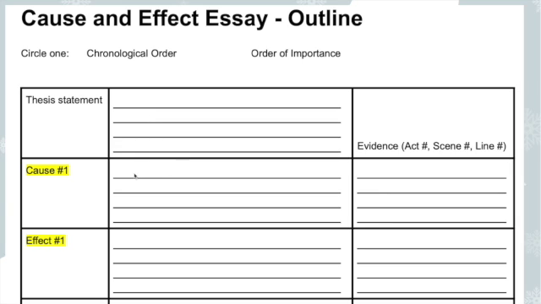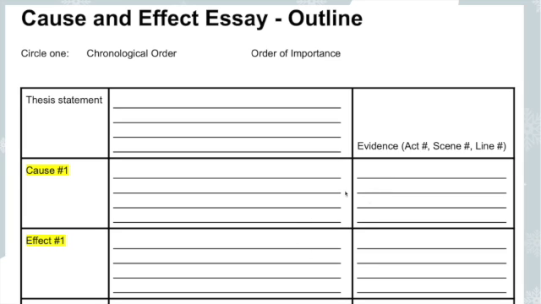Once you've got that done, we're going to start selecting the different pieces of evidence or sections of the story which you will use for your cause and effect. You can either start with the evidence. That may be the easiest way to pick the pieces of the story you want to use as cause 1, effect 1. They should be related. It should be what is the cause that leads to this effect for all three cause and effect relationships.